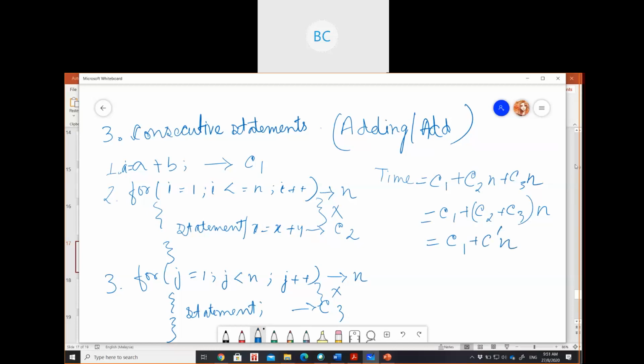So what will be the complexity for this expression? The complexity will be n. Correct, because we are simply going to neglect all the constant parts. We ignore this, then again we ignore this. So you can write it again as Cn.